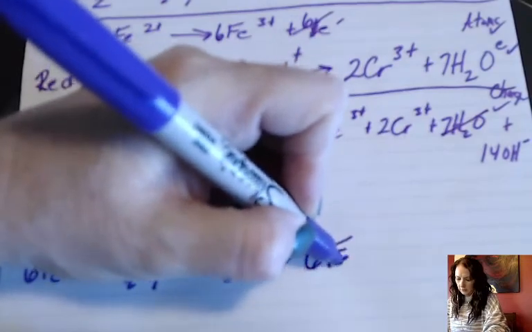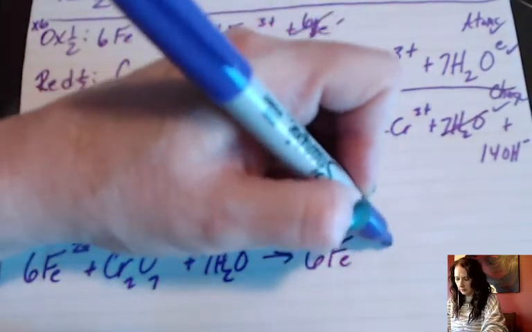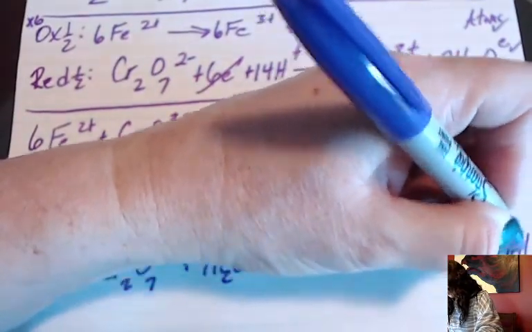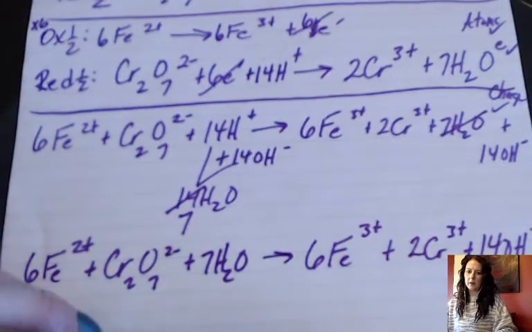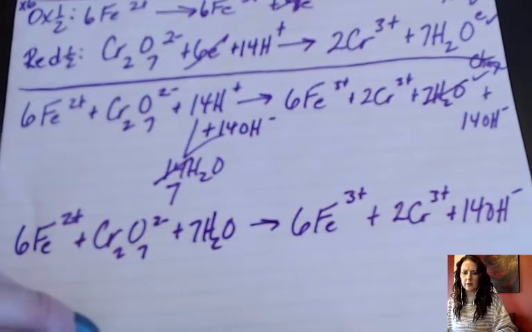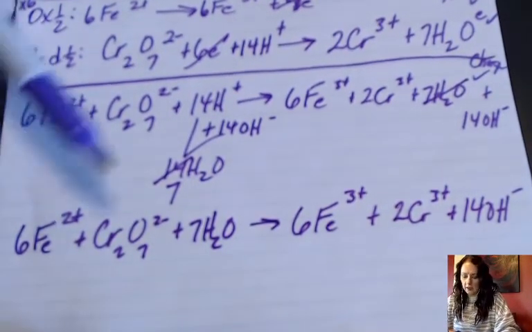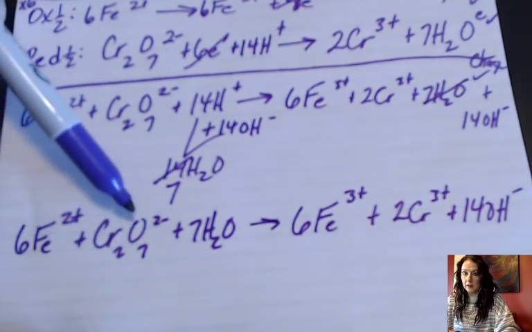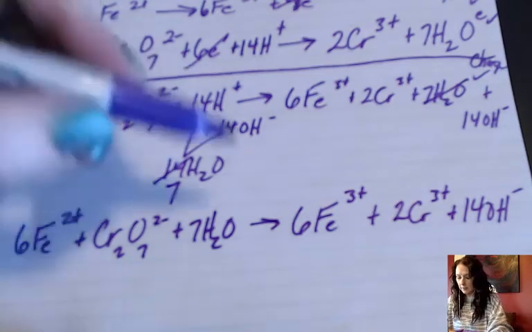So once I get this written out, let's see what we got. All right, there we go. Make sure you can see all that. Good. And again, let's add up the charge. So 6 times 2 is 12. And the dichromate is a minus 2. So that would give me a plus 10